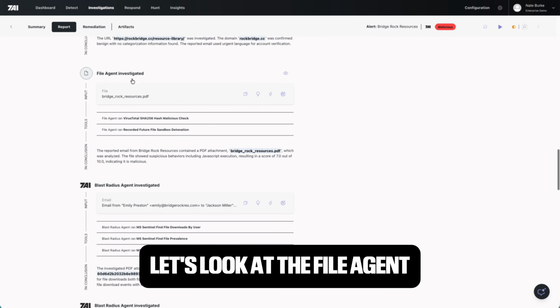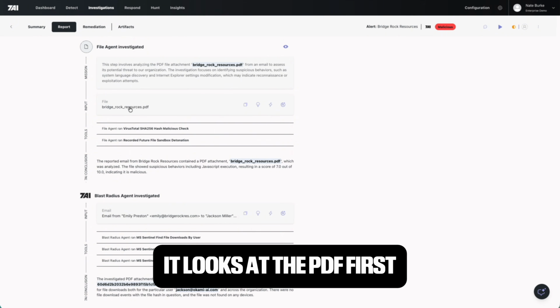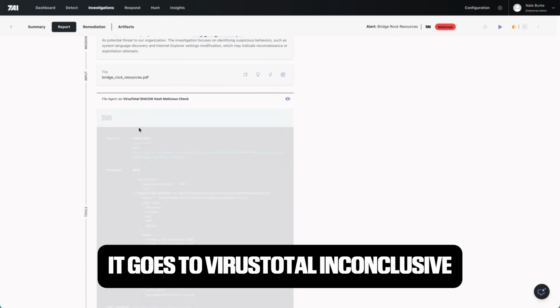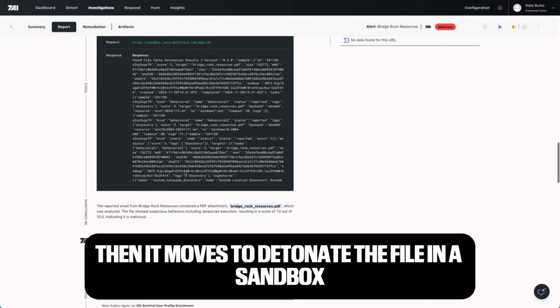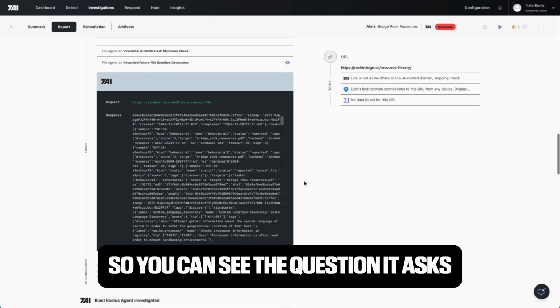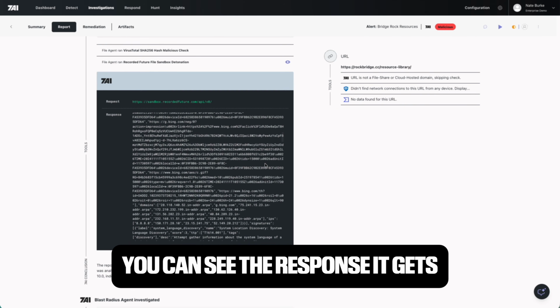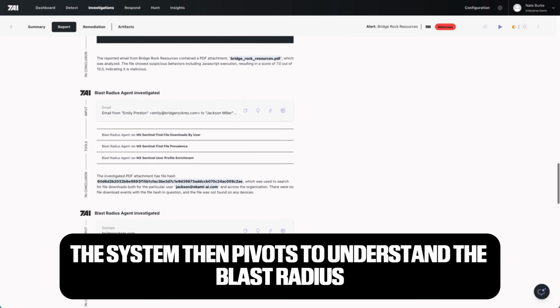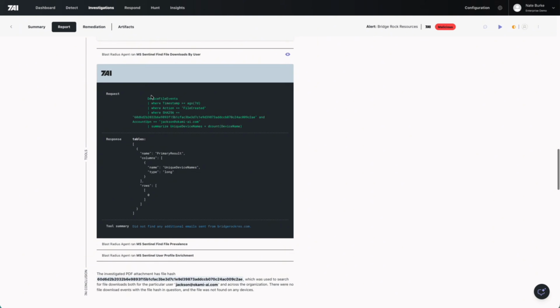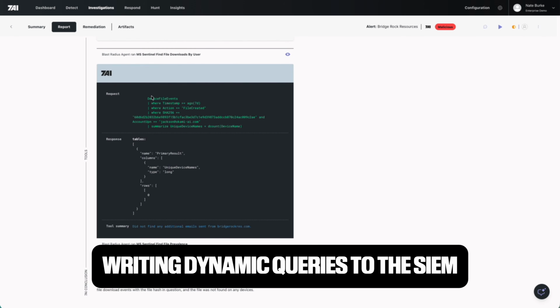Let's look at the file agent. It looks at the PDF. First, it goes to VirusTotal, inconclusive. Then it moves to detonate the file in a sandbox. So you can see the question it asks, you can see the response it gets, and we see that it is indeed malicious. The system then pivots to understand the blast radius, writing dynamic queries to the SIEM to look